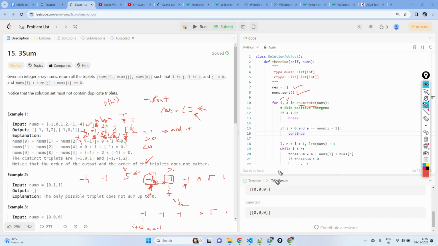Okay, so as I told you, the first check: if it is greater than 0, there's no point in adding other numbers and all, right. So let's come out of the loop. This is the first step. And this step is applicable only from the second item, so only when I is greater than 0. For the first item, it is not applicable, right. So for the first item, what we are doing here,